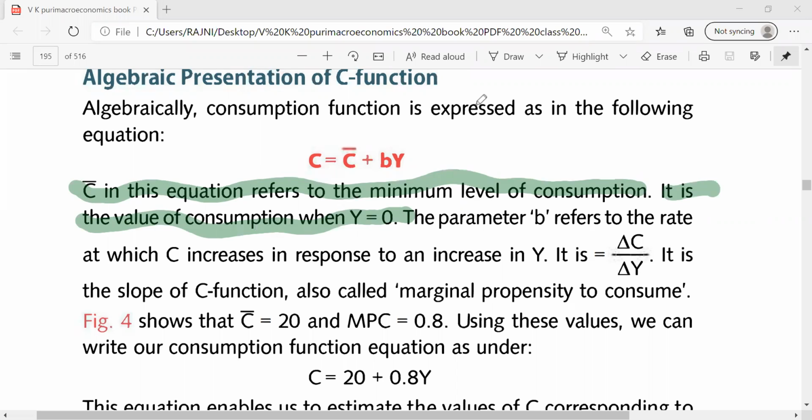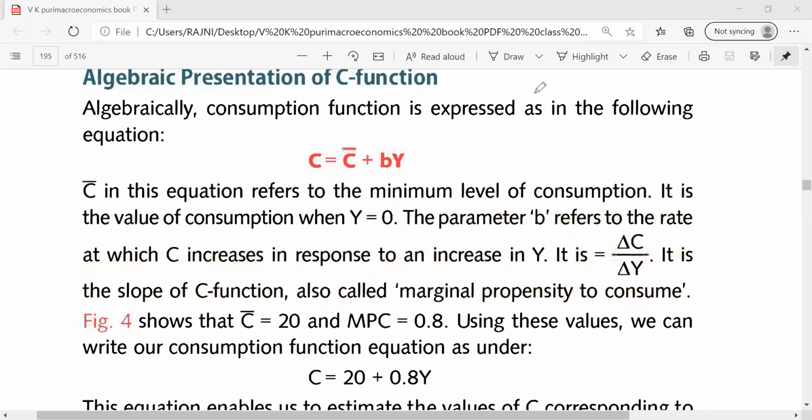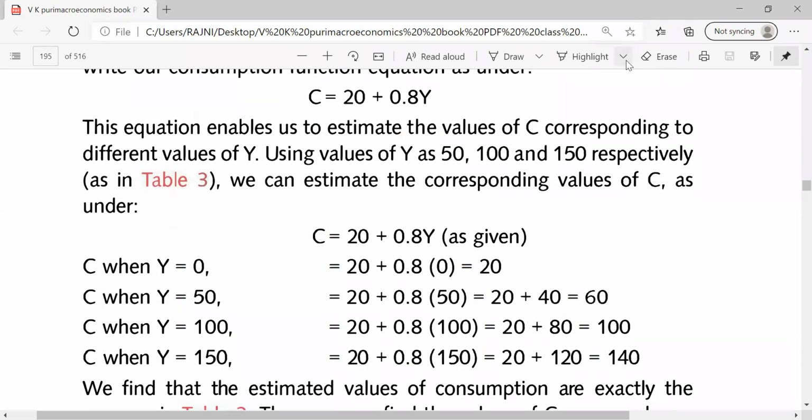After that the b parameter, b refers to the rate at which the C increases in response to the increase in Y. It means change in C by change in Y. It refers to the slope of C function, which is also called the marginal propensity to consume। जैसे कि हमने पहले किया प्रीवियस क्वेश्चन में, C क्या था? C bar 20, MPC was 0.8। तो अब अगर आपको किसी भी इनकम के लेवल पे कंजम्पशन को कैलकुलेट करना है, you can do it with the help of this algebraic equation. It will help you in order to calculate the value of consumption with response to the different values of income।